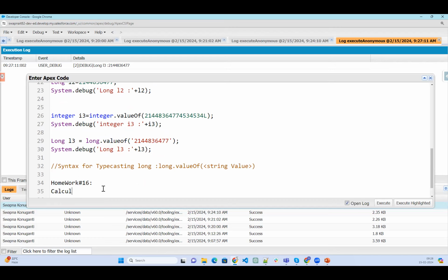Calculate monthly salary. So you need to calculate the monthly salary, and the output has to be converted to string and then long.